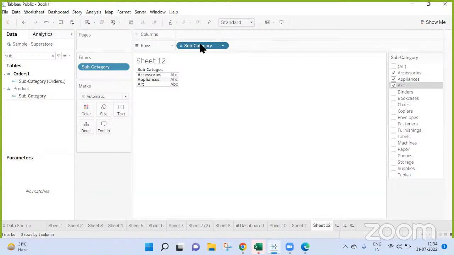Suppose the subcategory is here. If I put the combination into filter, how will the user know in which combinations are? Okay, see, there is no point in solving this.